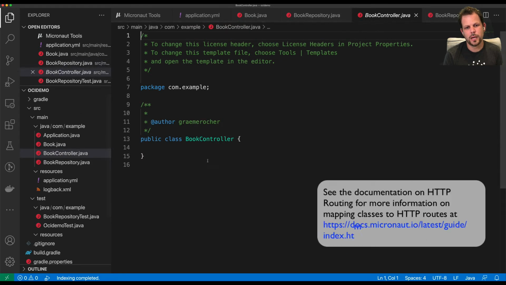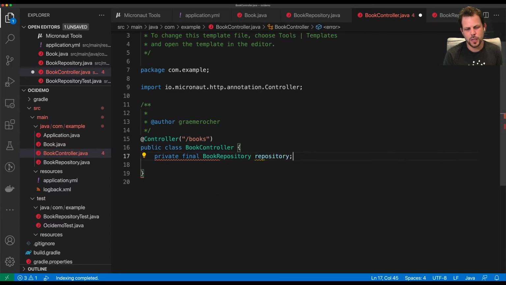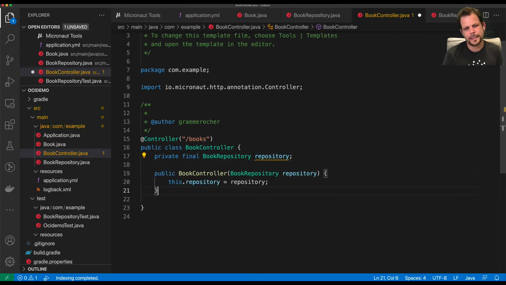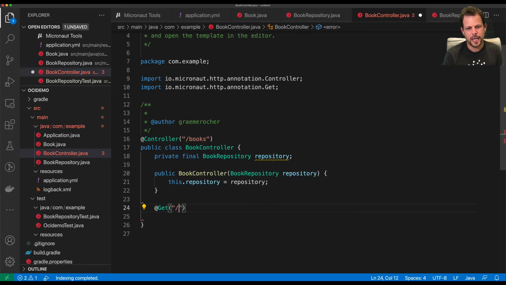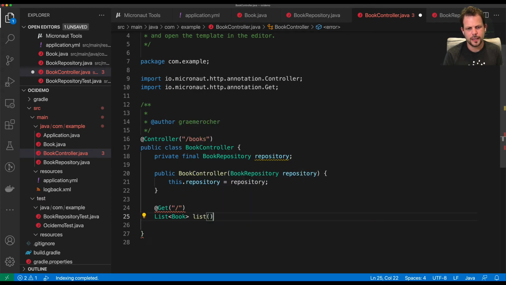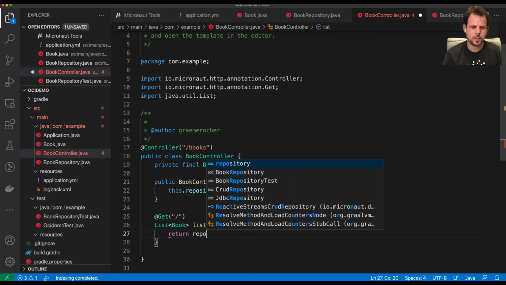And this is going to be my web controller. I'm going to expose this over the books HTTP URI, and I'm going to inject into it my book repository type. And I'm going to generate a new constructor. Then I'm simply going to add a get action that handles the HTTP get method that lists all of the books like this. And I'm going to return, probably I need to import java.util.List. And then I'm going to return